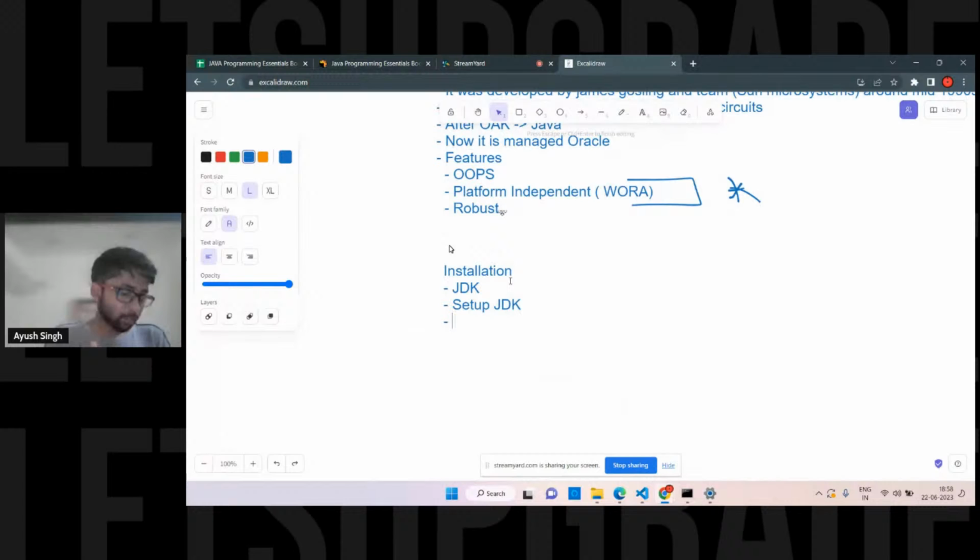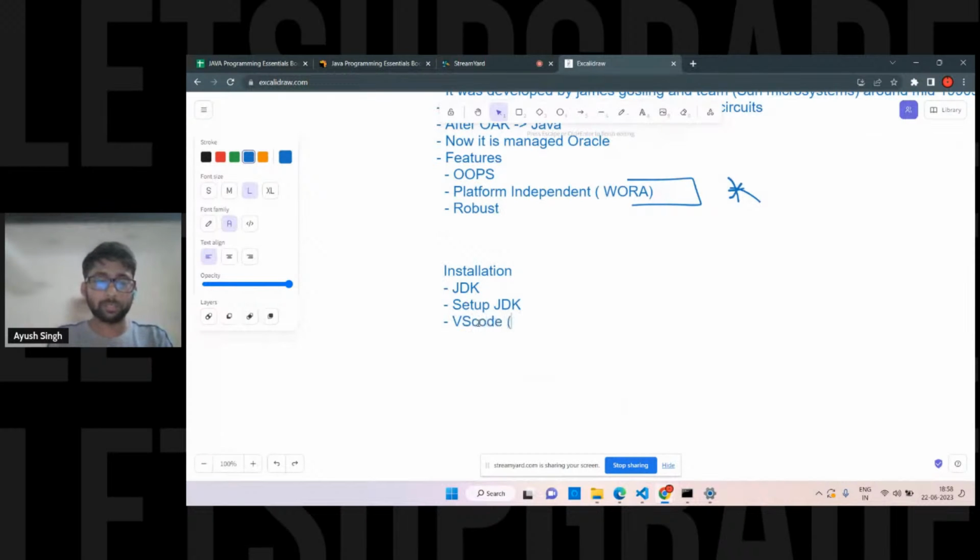So how is it secure? Secure in terms of providing authorization and all those features, which are there in the dependencies. It provides a lot of libraries, and it contains packages in which we have a lot of features and functions which we can use to provide security. And whenever software is developed, we don't have to worry about the OS part. So here we simply set up the JDK,